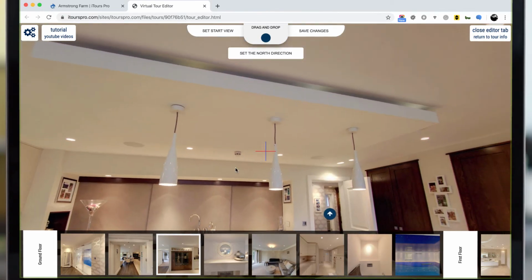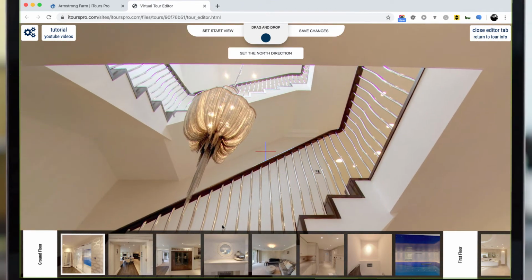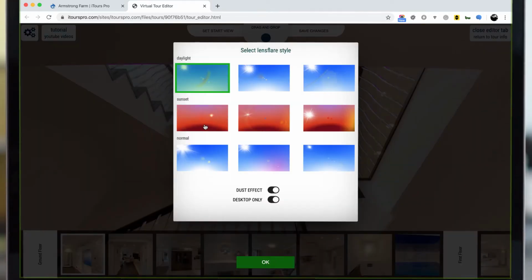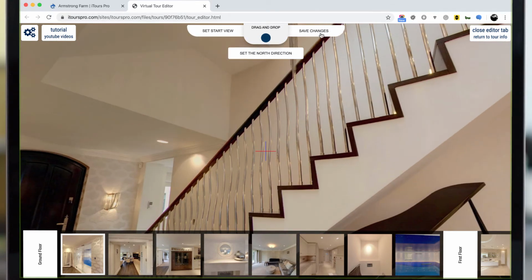So what we can do is go back into the entrance hall and go to this light up here, and then drag and drop and add a lens flare. And then we've got a selection of lens flares over here. I just normally select daylight and then click OK. And that's it. And now if we click Save Changes,